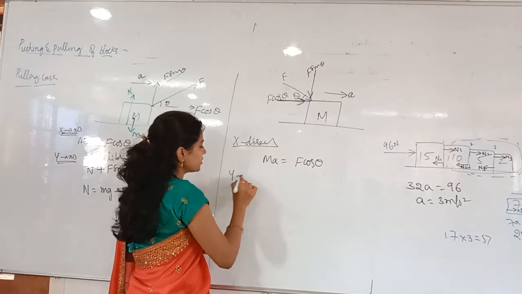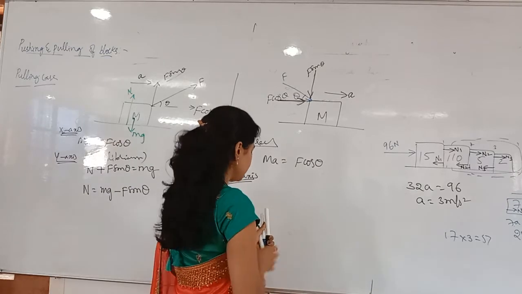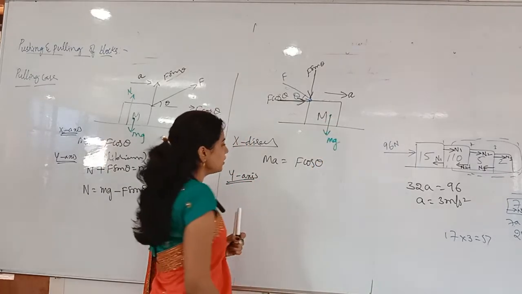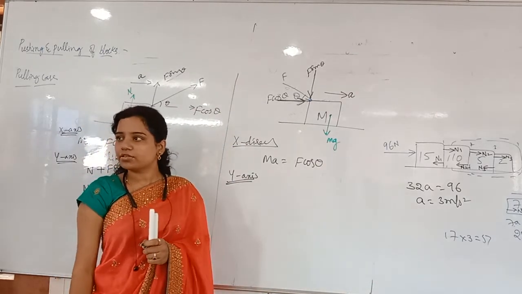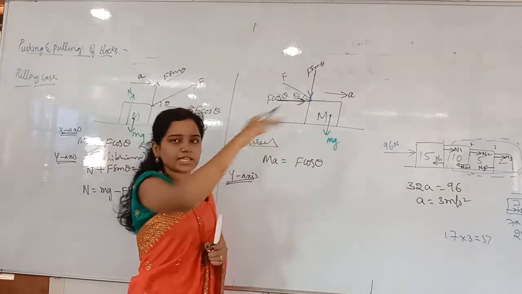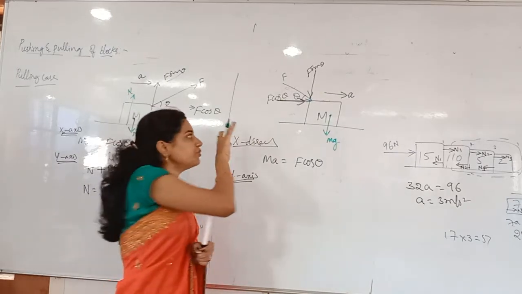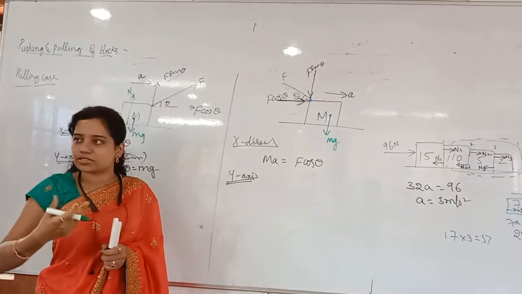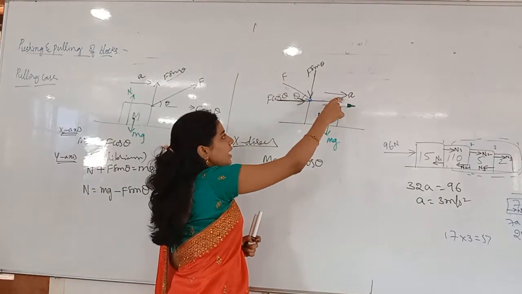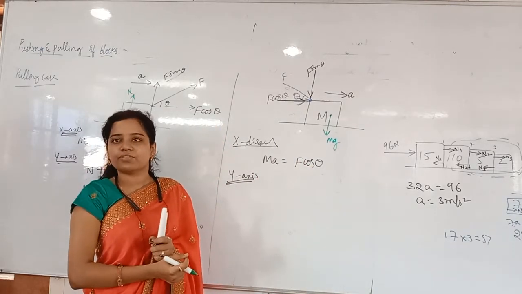Now along the y-axis, again this is in equilibrium. Downwards what is acting? mg. Anything wrong? Nothing, no? MA is equal to F cos theta. See that? F cos theta is also along which axis? Positive x-axis only. A is also along the positive x-axis. Whenever I am pushing, the body will go in which direction? Opposite direction, that direction, you know. So here, for acceleration, F cos theta is supporting, so MA is equal to F cos theta. That is not in equilibrium.